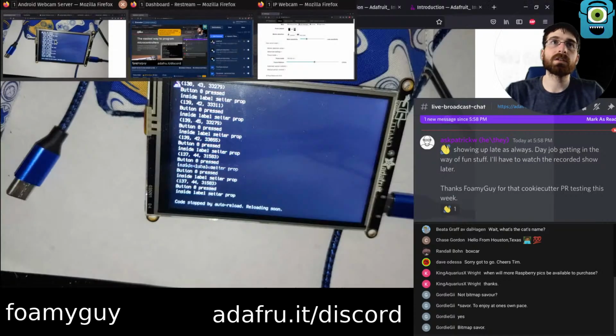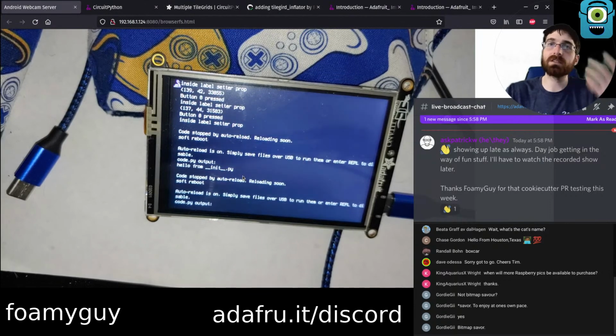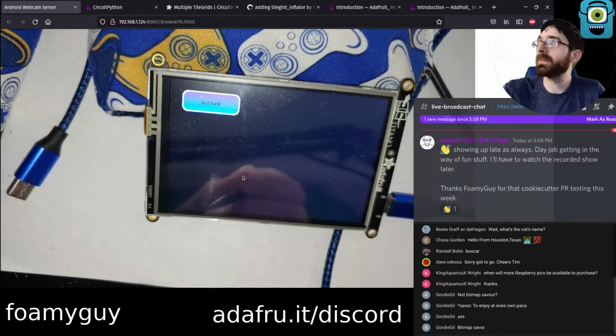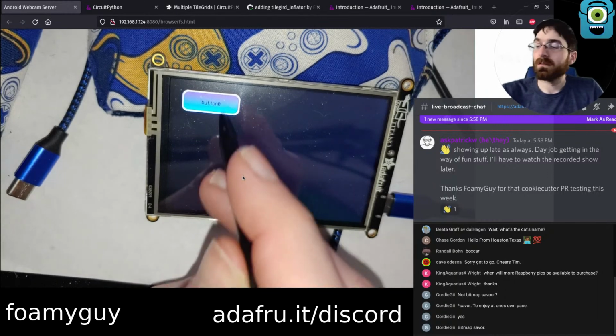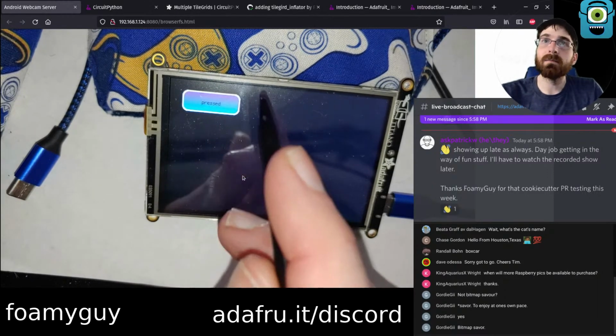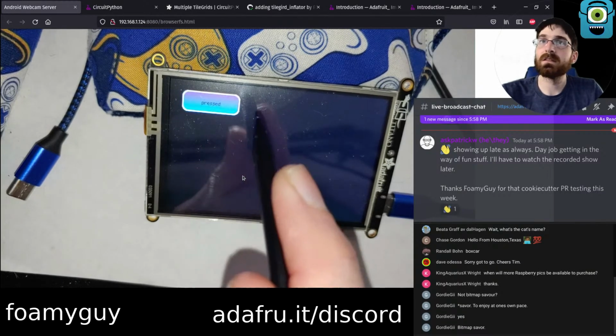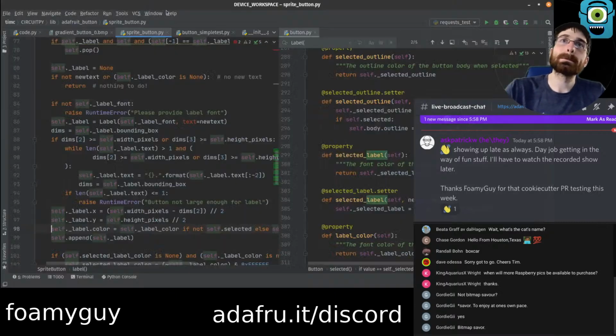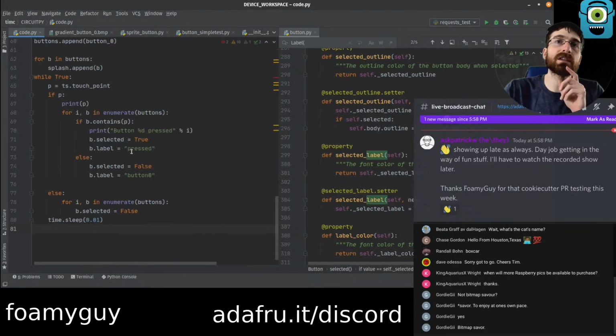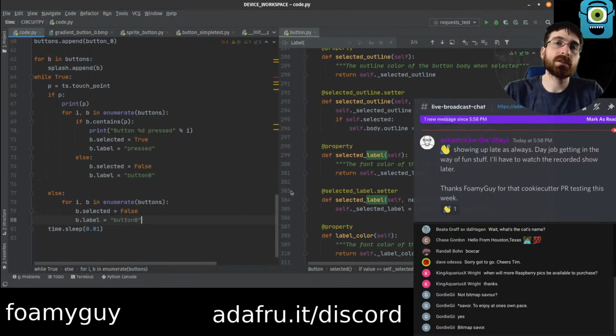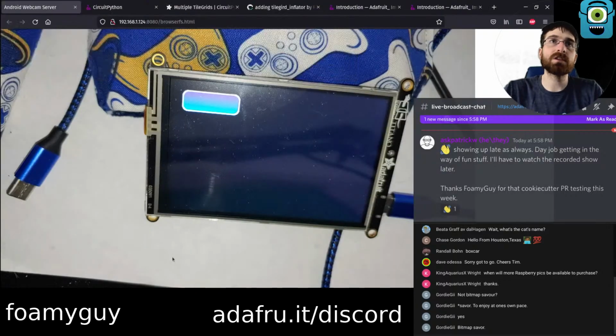I think that should make it respect the selected color if it's actually selected. Yeah. Oh, but it still doesn't switch back. I know why that is. That's because this is not actually where it changes. This is actually where it changes. This wouldn't work also if we had multiple buttons, but that's fine. Mostly I just want to test that.